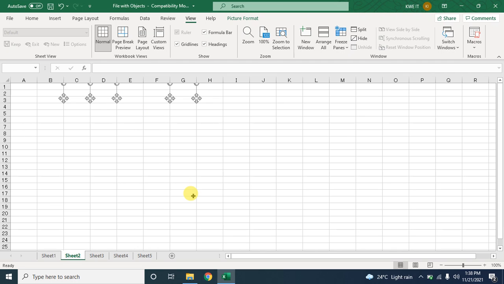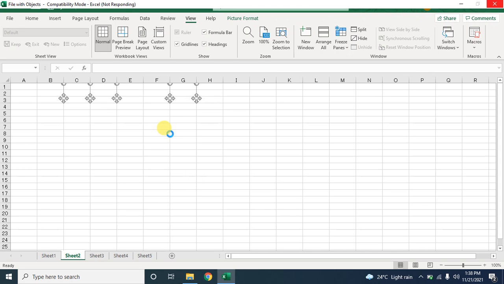It started deleting. I think it's still hanging, so no option, you have to wait. The same thing you have to do for all the sheets in the same workbook which are hanging. Okay, we'll wait.